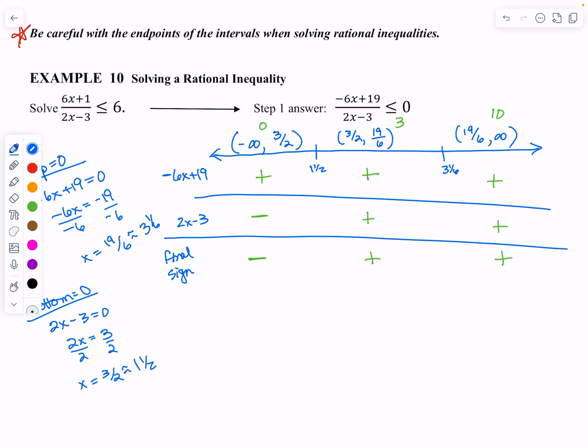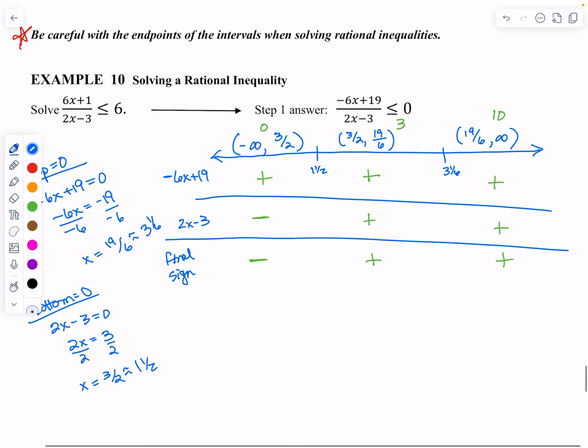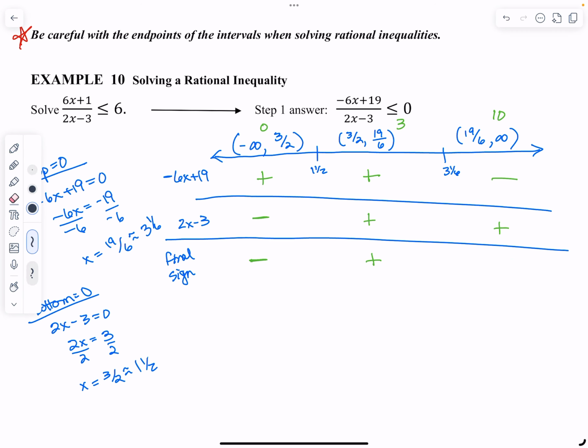So when I plug those in, if I put in a 0 there, I still get a positive. When I put in a 3 here, I still get a positive. But when I put a 10 here, I'm going to get a negative. So sorry about that. All right, so that's going to give me a negative. So that's a negative divided by a positive. So that's going to give me a negative here. All right, sorry about that. Okay,